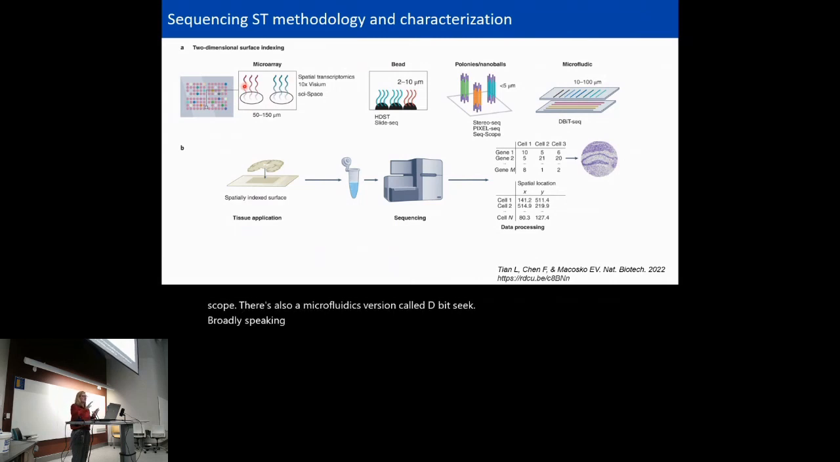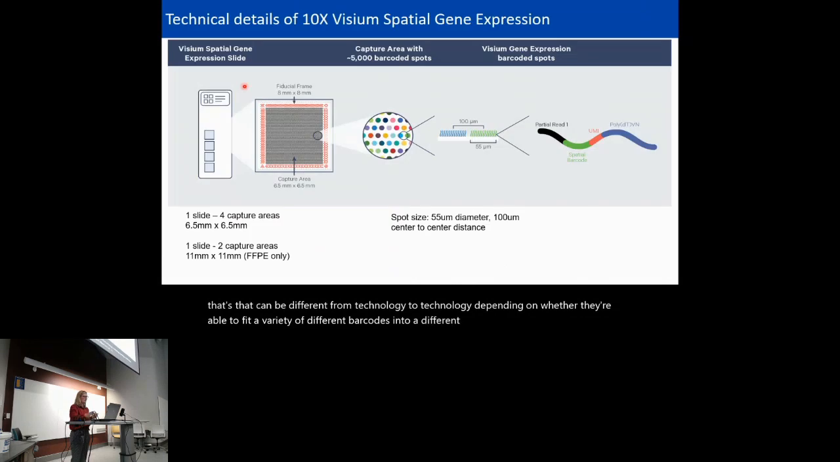Broadly speaking, though, each of these are creating landscapes in a space on a slide with individually barcoded regions, right? And so it's really the resolution that can be different from technology to technology, depending on whether they're able to fit a variety of different barcodes into different regions of space. So to get at that point more directly, the original version of the 10x Visium spatial gene expression